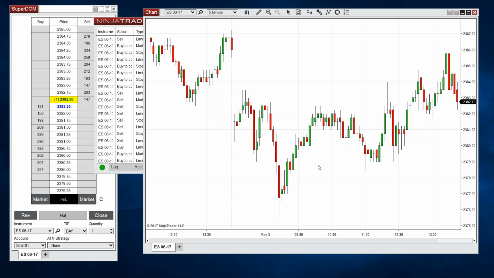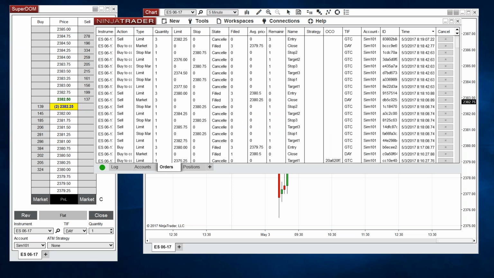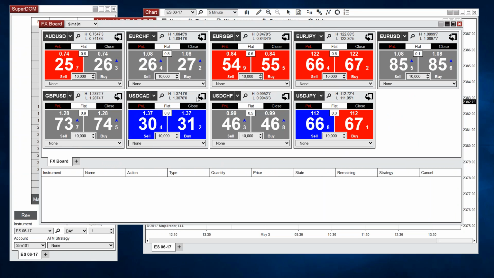Can you talk a bit about Forex? I know NinjaTrader now allows you to trade Forex. Can you talk a bit about that functionality? Absolutely. We have supported Forex trading for quite some time. However, with NinjaTrader 8, we did add a number of different Forex-specific features. For example, we have a feature called FX Board, and I will move it in here, which for Forex traders is a typical quote display screen that Forex traders would be accustomed to.